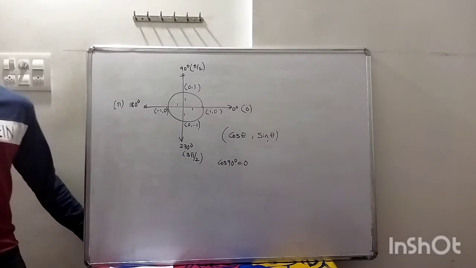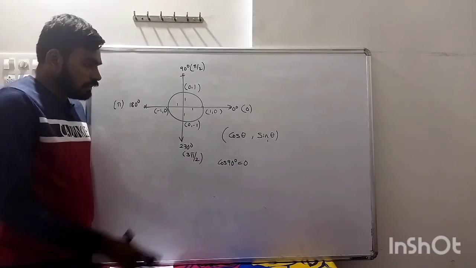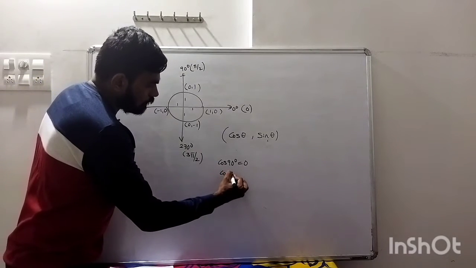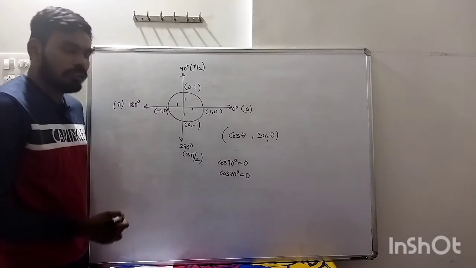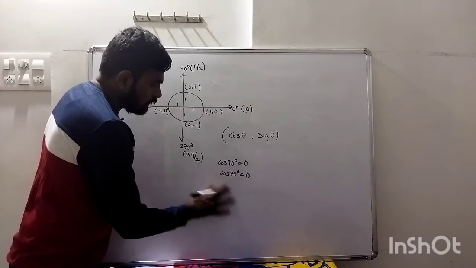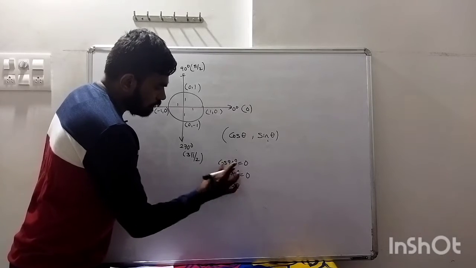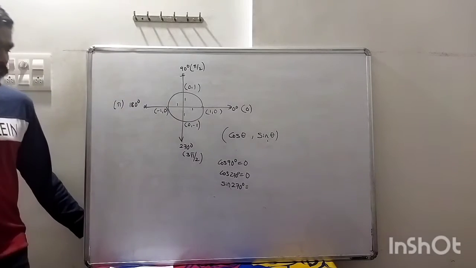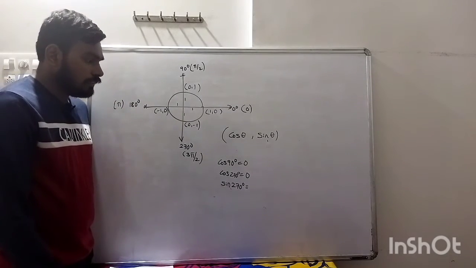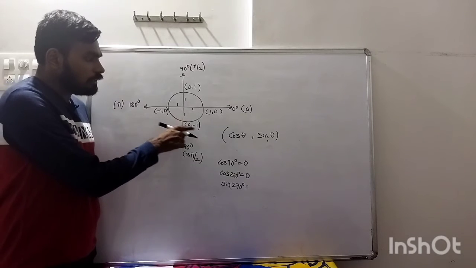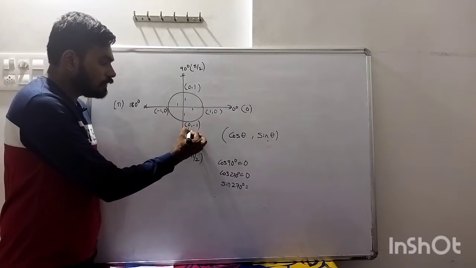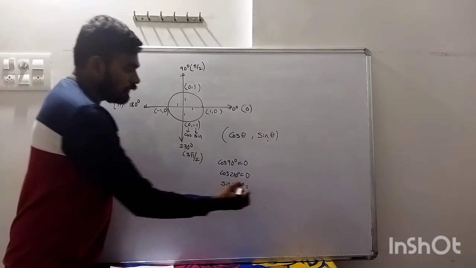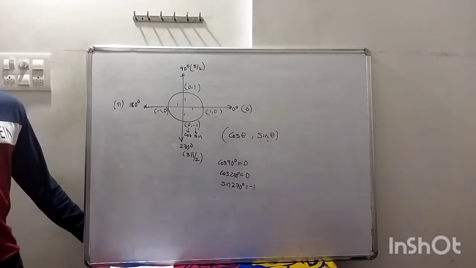Similarly, if you are asked to find cos of 270 degrees, what do we do? Just see 270 degrees here and on that just see cos. Cos 270 degrees is 0, correct? If you are asked to find sin of 270 degrees, what do we do? See, here is 270 degrees. Sin means y. For cos, just look at x. For sin, just look at y. For 270 degrees, sin of 270 degrees is minus 1. Understood, no? This way you can find any trigonometric ratio.